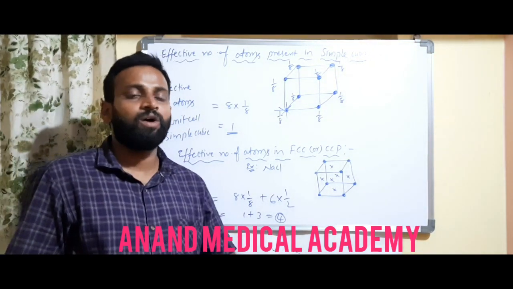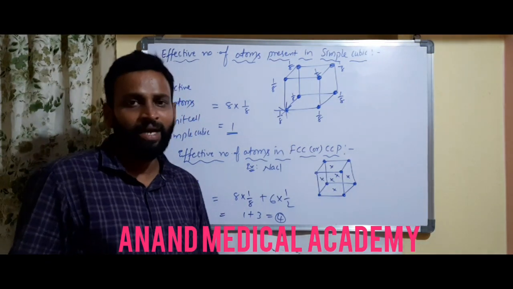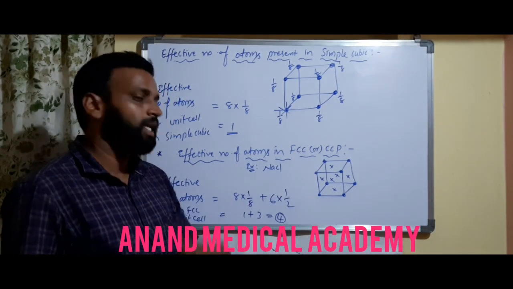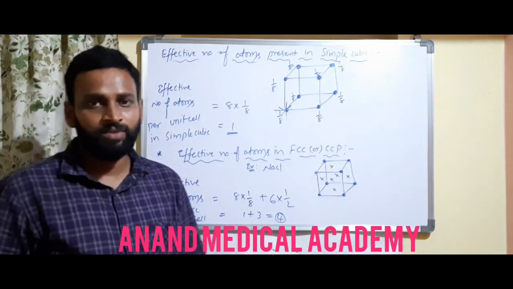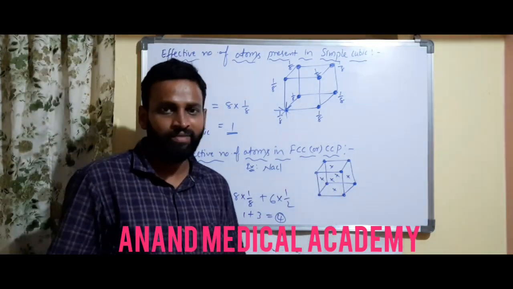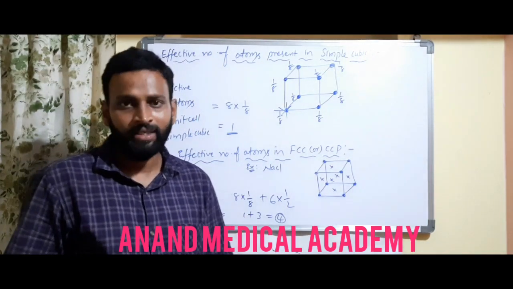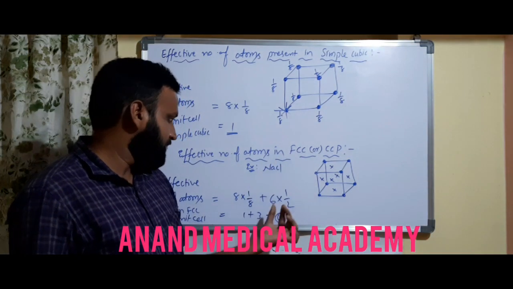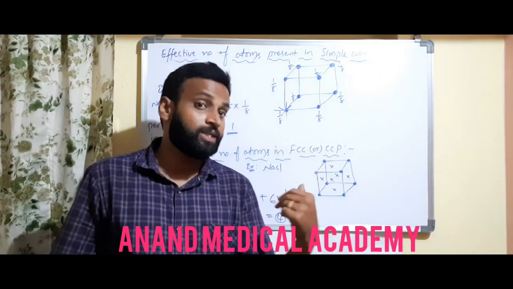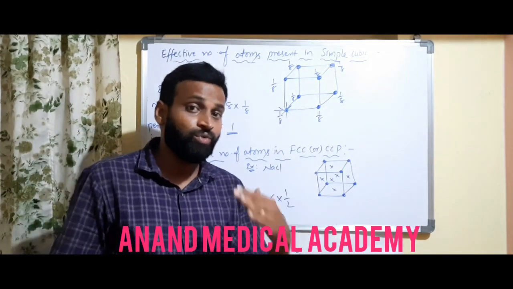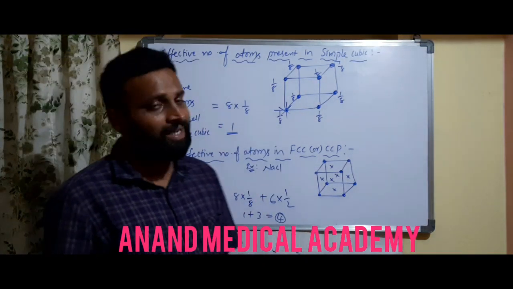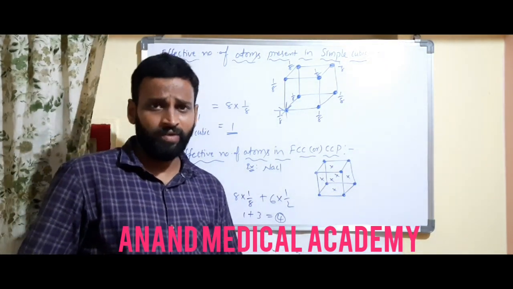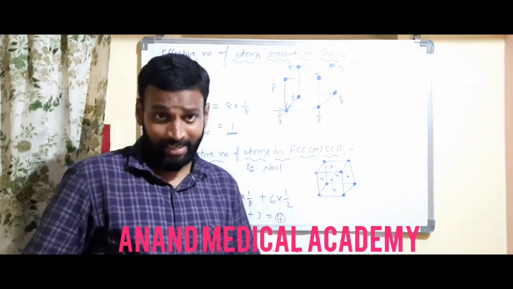So in the NaCl crystal lattice, how many effective number of atoms are present? 4, you have to say. So effective number of atoms in FCC or CCP, how many? 4 effective number of atoms. Coordination number is 12 for FCC, I told you. And for this particular FCC, effective number of atoms, how many? 4, you have to consider. The remaining ones also we will consider; we will calculate effective number of atoms for BCC, for HCP and all those in our next class. Okay sir.